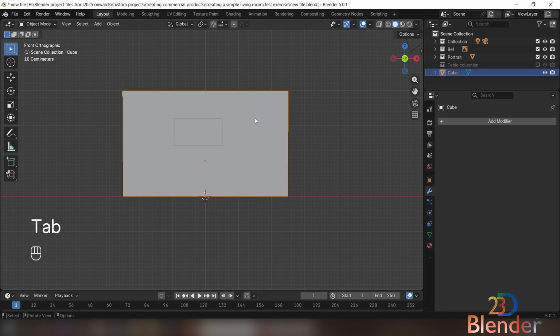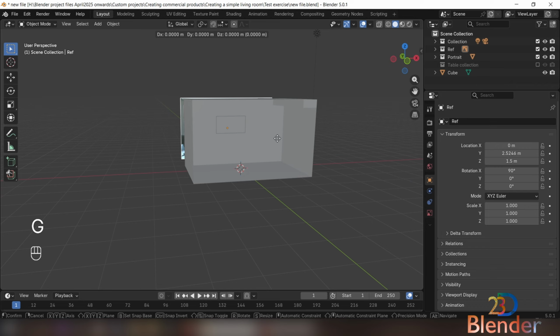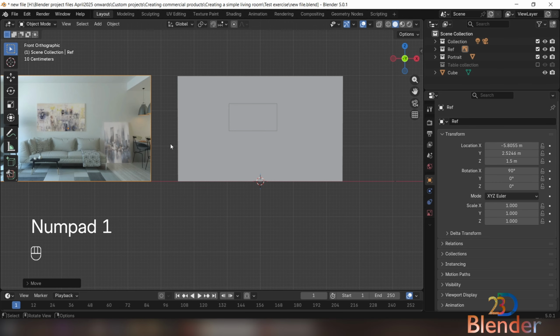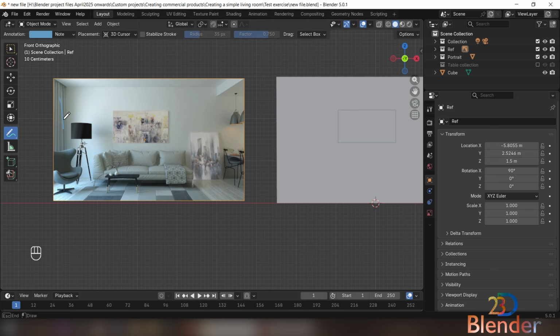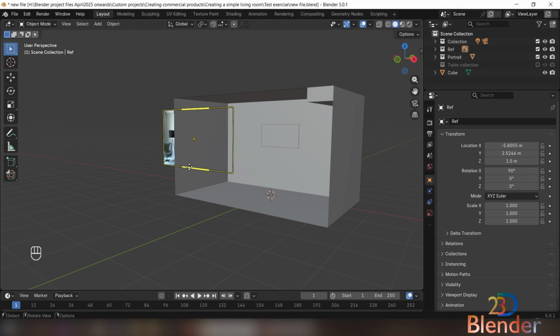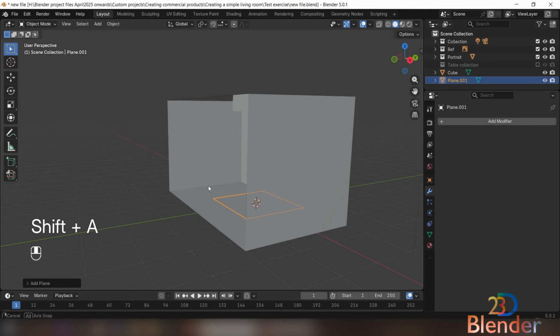Let's go back in edit mode and let me move my reference image, G X, over to the side. Now we will create these curtains, and for that, I think we need a plane. Let's get a plane,